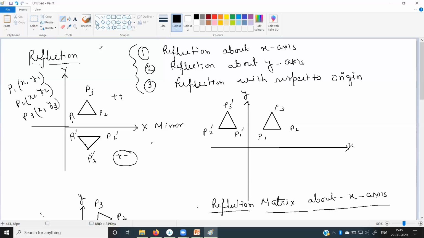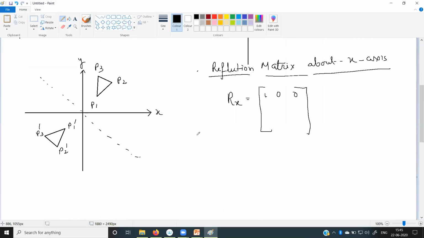So how can we change? If I want to make P1 x1, y1 into P1 dashed x1, minus y1, then what do we have to do? I have to multiply minus 1 with the value y1. So we are writing 1 0 0, then 0 minus 1 0, then 0 0 1. Here you can easily see that if I write like this one,